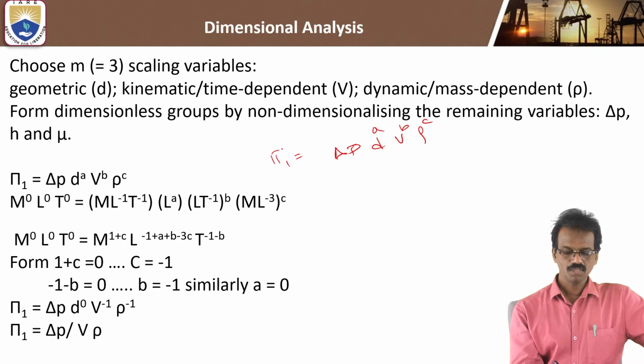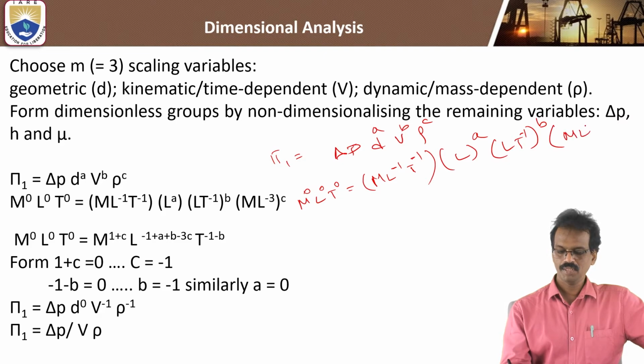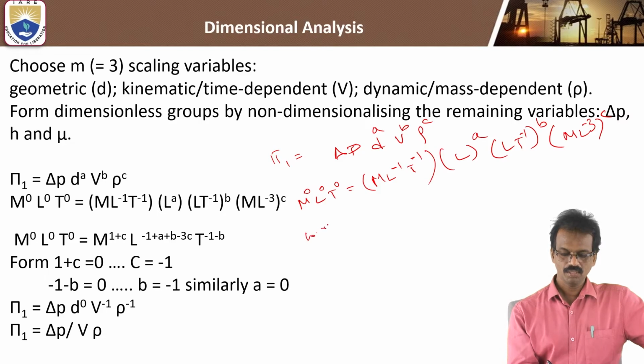So pi 1 means dimensionless groups. It means M^0 L^0 T^0 is equal to Δp, and you already know that formula: M L^-1 T^-2, into distance L to the power of a, velocity L T^-1 to the power of b, density M L^-3 to the power of c. Okay, so you have to take it with respect to M, with respect to L, and with respect to T parameters. So with respect to M,